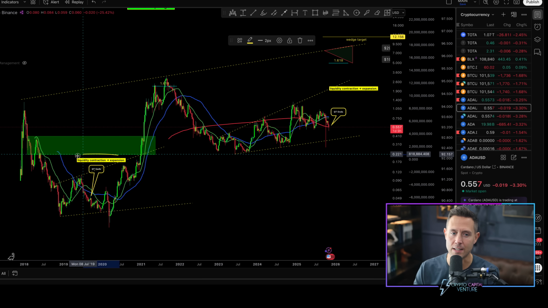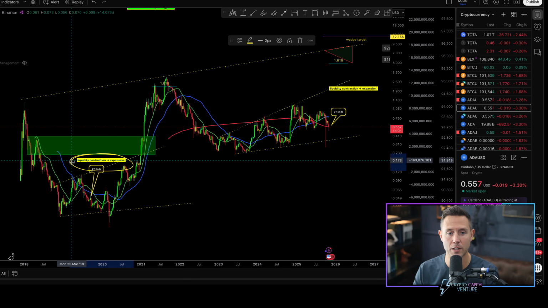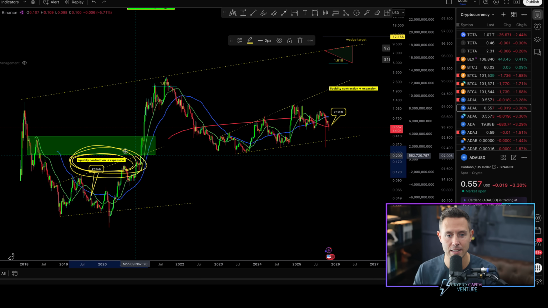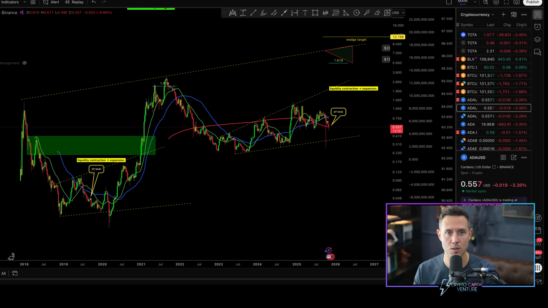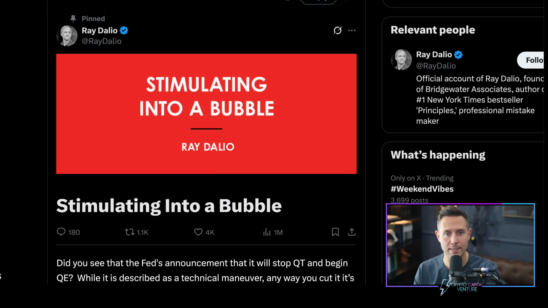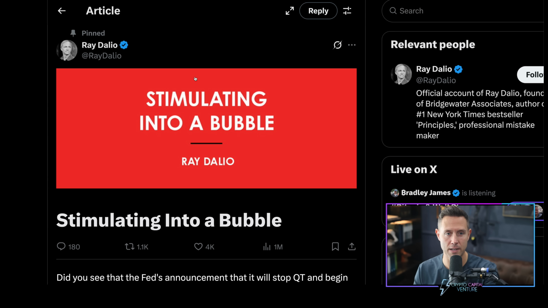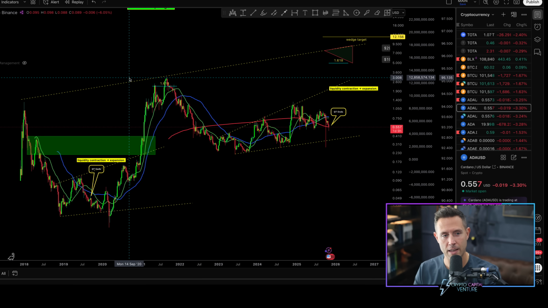But again, it's this liquidity going from contraction to expansion like it did last cycle here. This is what's getting ready to happen right now. And we're seeing hints that that's about to happen all over the place. Ray Dalio, again, worth like $15 billion or something like that, right around there. And a really seasoned, successful investor. So let's go to the ADA chart.